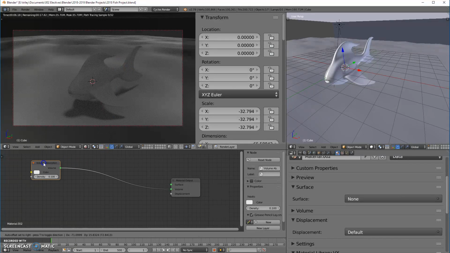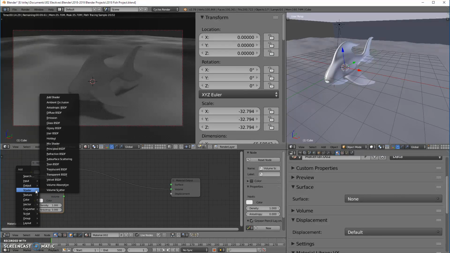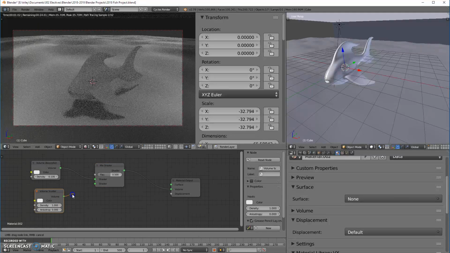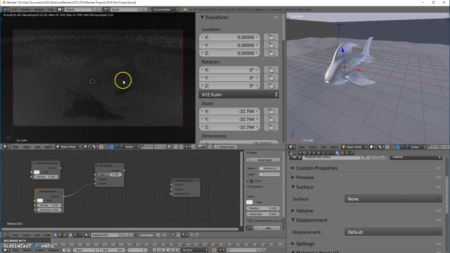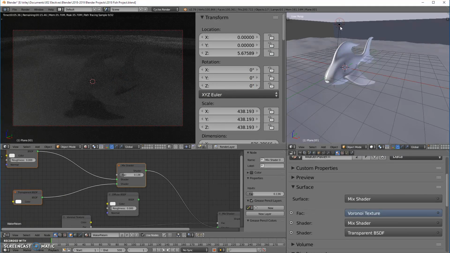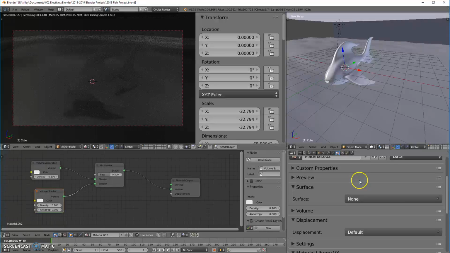I think I also want volume scatter, so let's do Shift A. Let's go to shader, volume scatter, Shift A again. Under shader, I want mix shader, drop that in, drop this one in. I do want to make sure I'm in volume. Density on this one is at 1, so I want to change that to, again, 0.1. And now it's pretty dark, so let's take our light and see how we can play with this a little